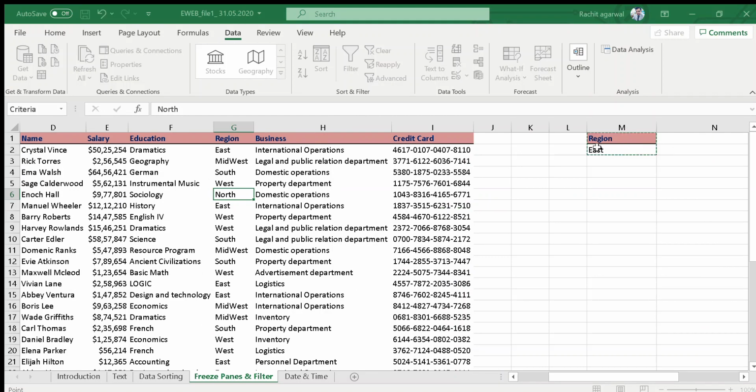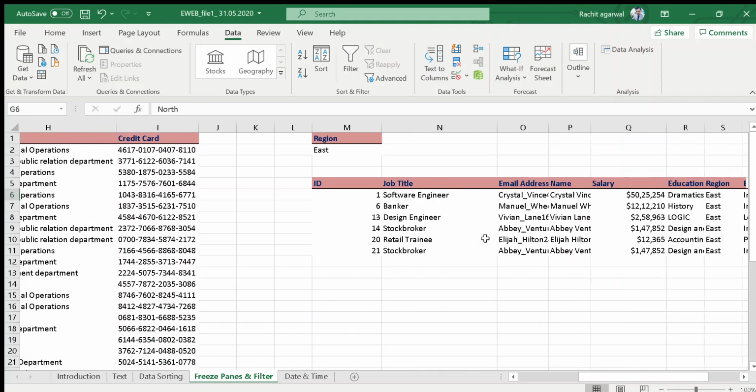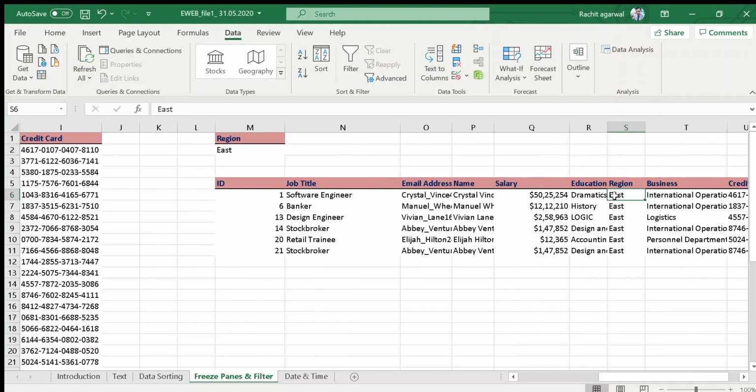Make sure you also have to select the title of your criteria, that is Region. And now I want to copy to another location, and the location for the second criteria is like this. All right, now OK, and here I have got 6 employees. So 6 employees are working in the East region.